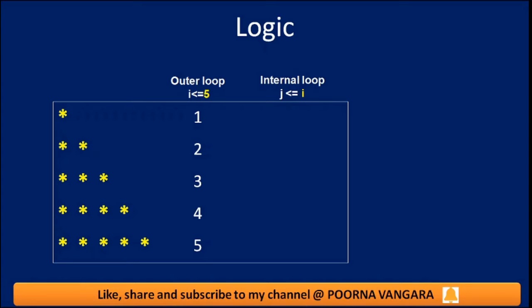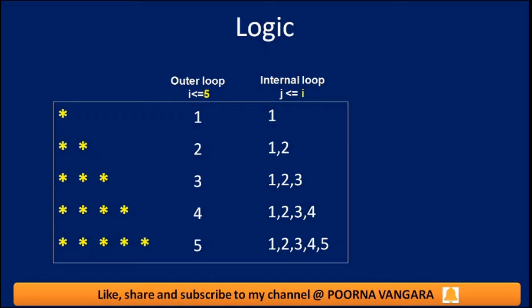Similarly, if I consider I equal to 3, that means you are in the third line. When you enter into the internal loop, you need to print this particular star 3 times. So that internal loop has to rotate 3 times. This is what we have seen in part 1. So that means the internal loop count is equal to the line number or row number, that is nothing but I. That is the reason the condition is j less than or equal to I. Once again I request, please watch part 1 and come back here.